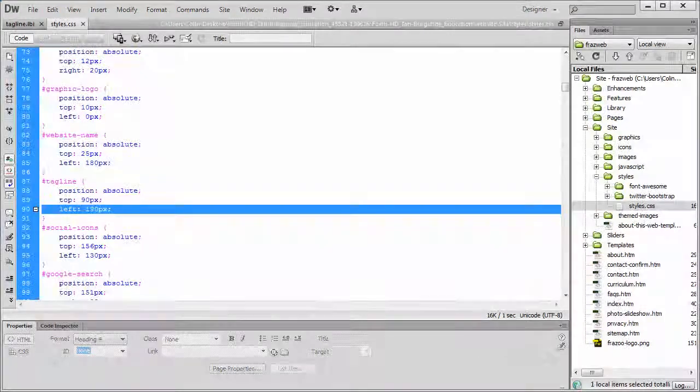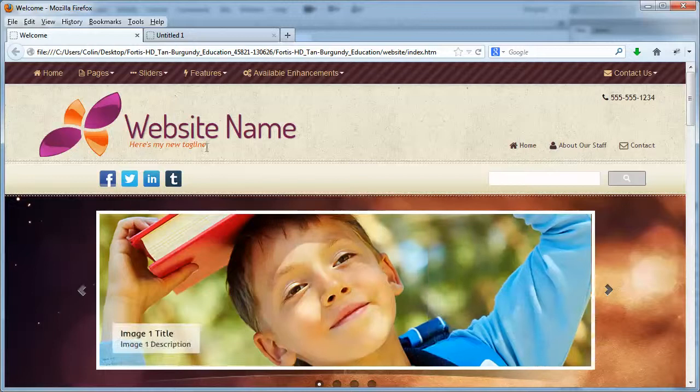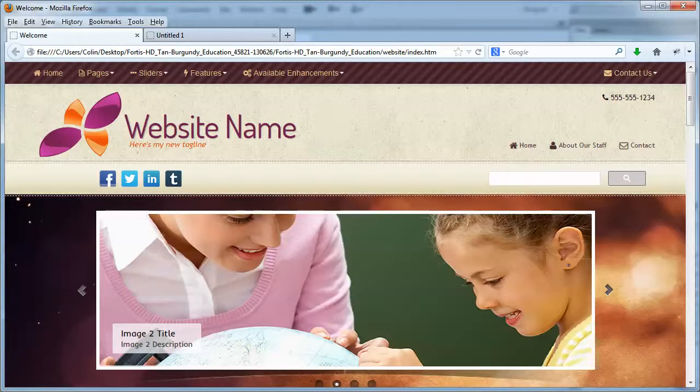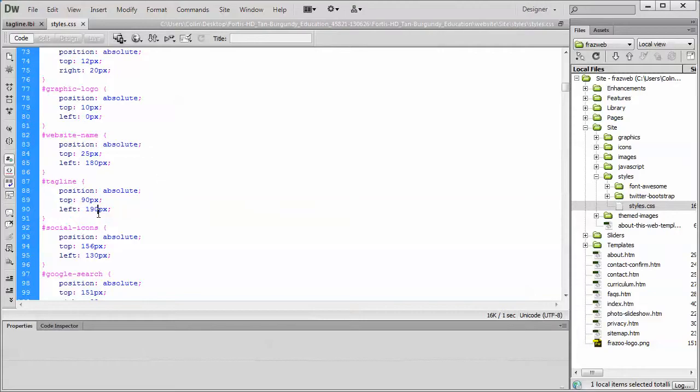In this particular case or example, we want the "here's my tagline" to actually end up right at the end of website name, just as an example. To do that, we would change the left positioning. 190, it's 190 right now. We're just going to select the number and let's bump that up to, I'm going to guess at 350, and